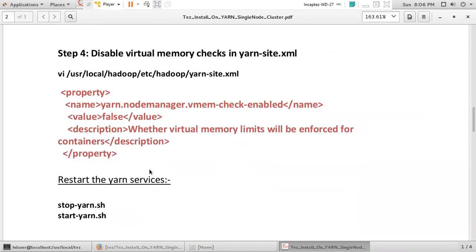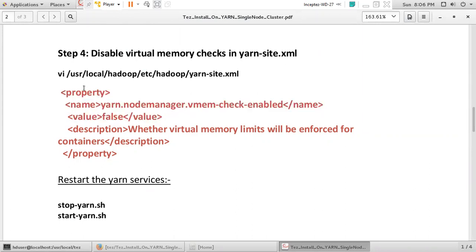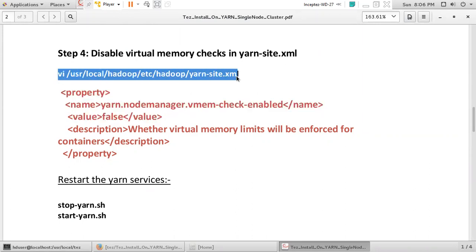In step 4, we are going to disable the virtual memory check. We need to do it in the file called yarn-site.xml, by adding this property. You can see the virtual memory check enabled property, and we are making it false.